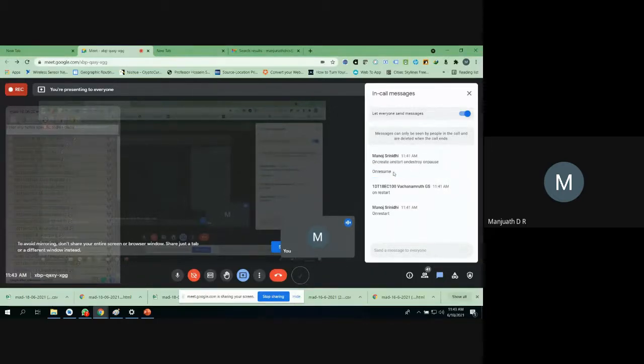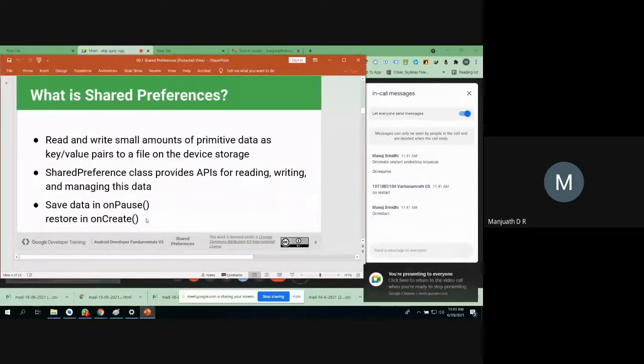That is what we are going to do in shared preferences. Two things are very important. In order to save the data, do it in the onPause method in your activity lifecycle. In order to restore the data, you can do it in onCreate also. The best way is, if you are not reopening or restarting your application, then better you put it in onResume, like a back option.